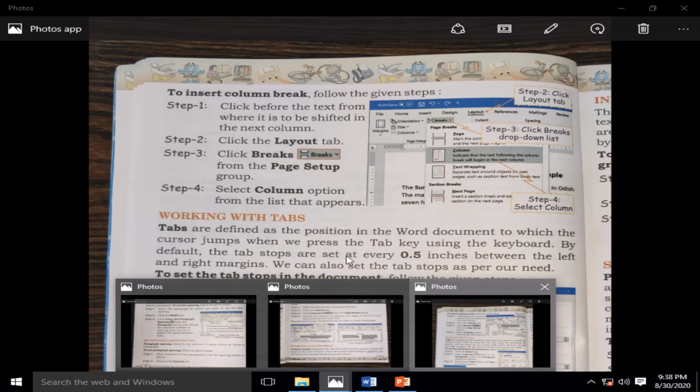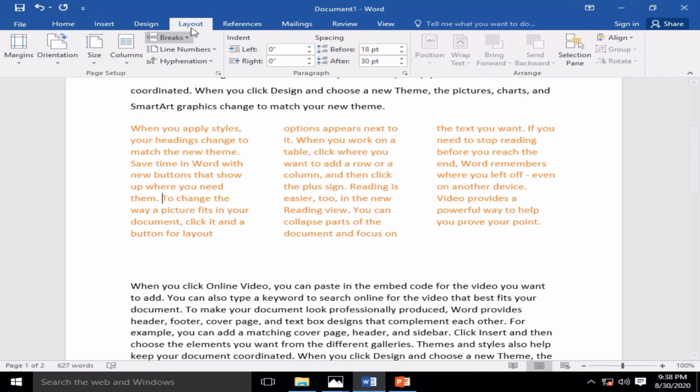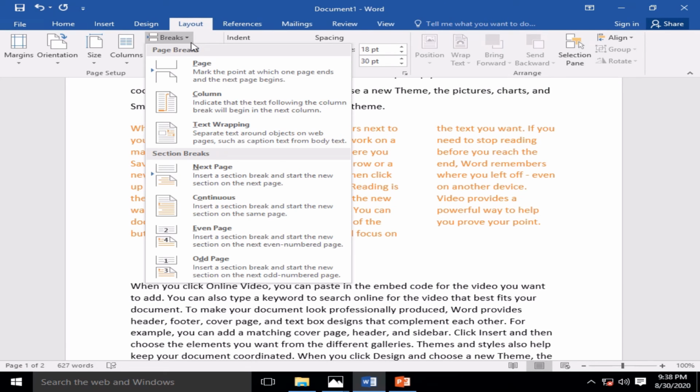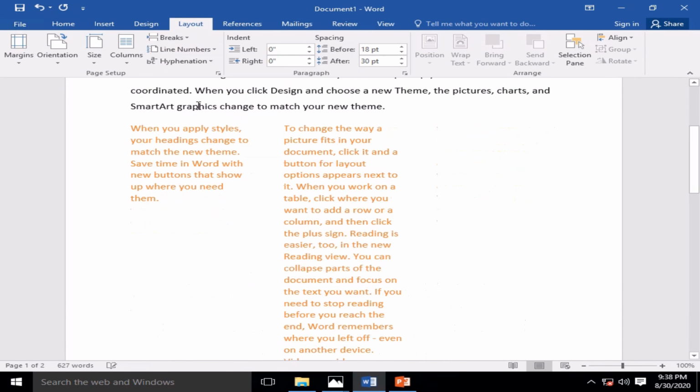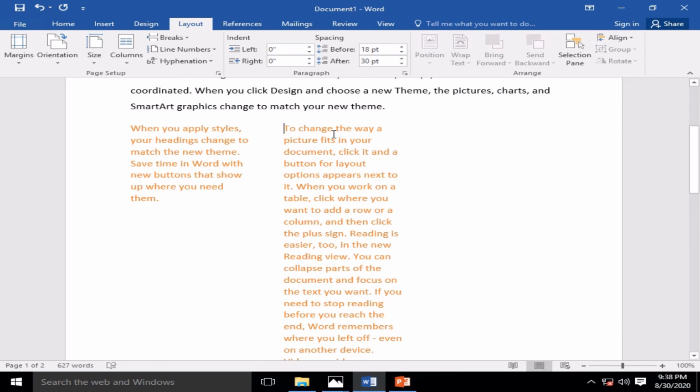Now the second step is click on the Layout tab, click Breaks from the Page Setup group and select the Column option. So I am clicking on the Layout tab, clicking on the Breaks option. Now Column, you see it is shifted to the next column. My text is shifted to the next column.